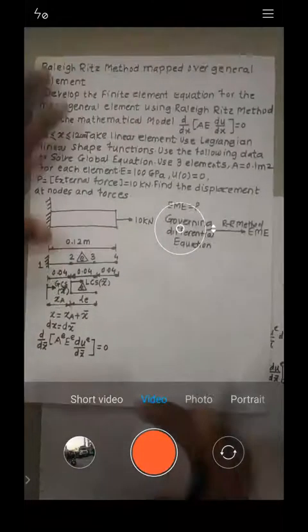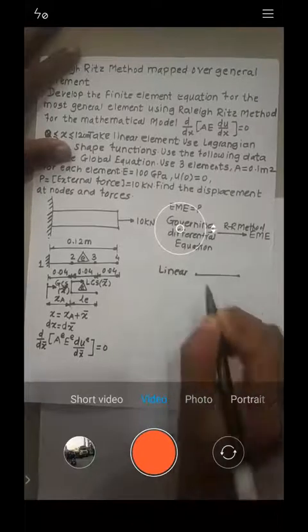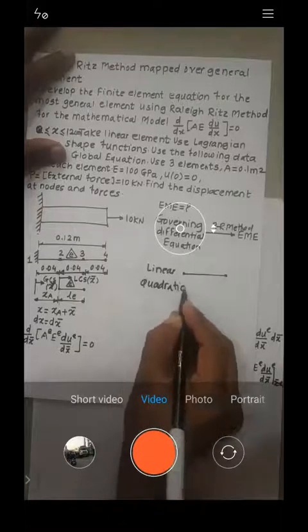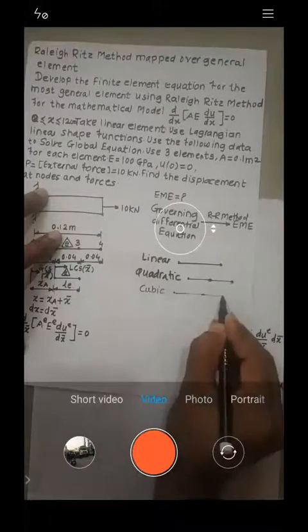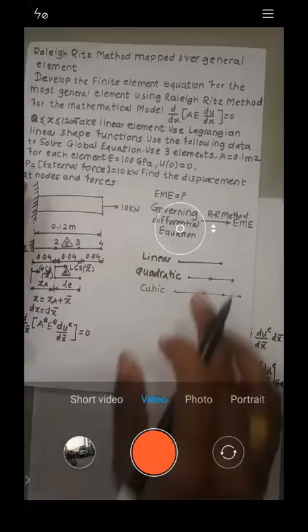Okay, so if you want, I will write down here. What is linear element? Try to understand. This is linear. Is it okay? Okay, what is quadratic? The element with three nodes is called quadratic. What is cubic? The element with four nodes is called cubic. Is it okay? Yes or no? Let me know. So we have taken every element as a linear element because every element will have two nodes. So that is okay, linear element.